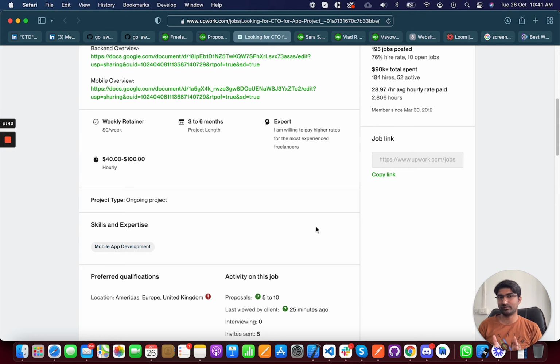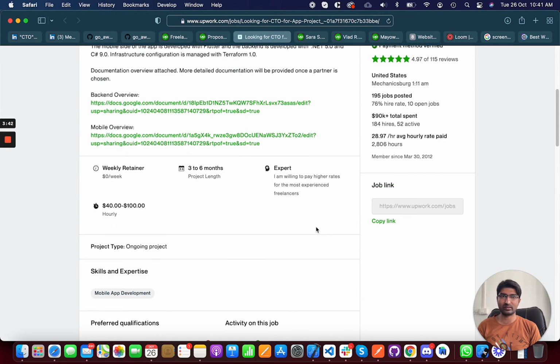In this case the client's hire rate is good, the client has spent a really good amount, and also pays a really good hourly rate. But the client is only choosing freelancers from other particular countries. So I can decide: yes, the client is not choosing any Indian freelancer in this job history.